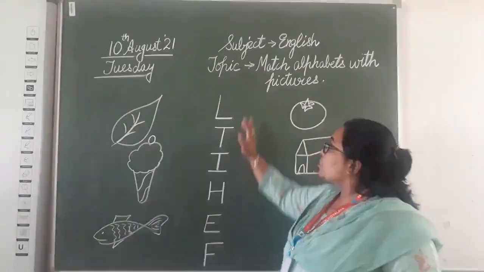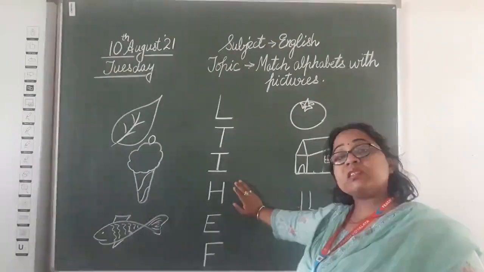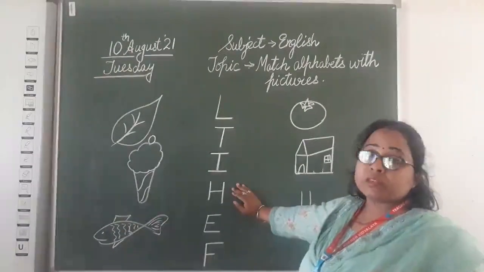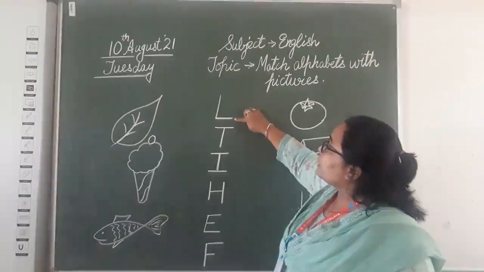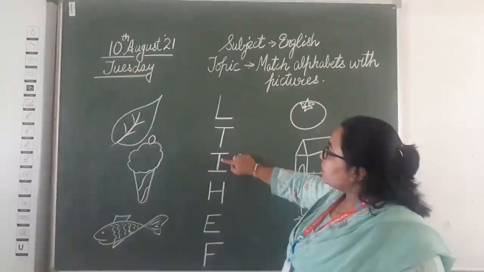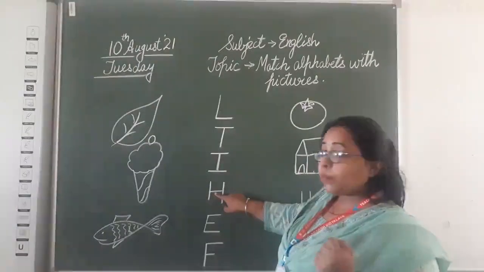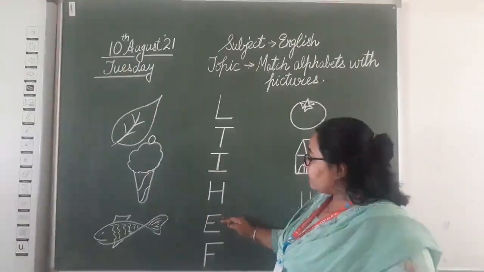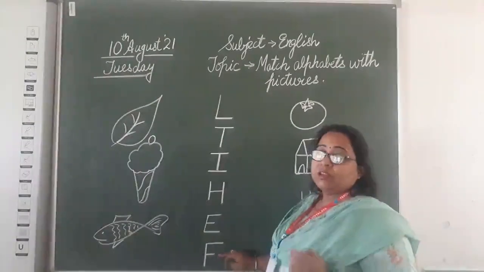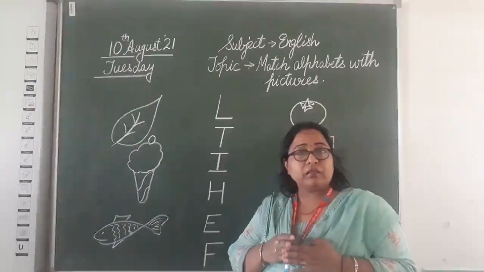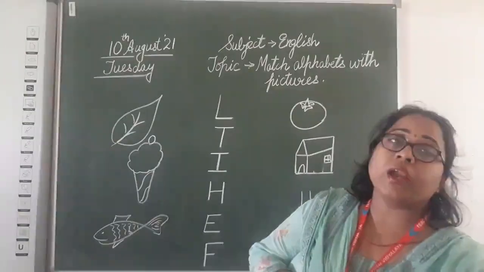So we have learned all these alphabets, and when we have to write these alphabets, we use sleeping or standing lines, isn't it? Standing and sleeping line, standing and two sleeping lines, two standing and one sleeping line, one standing and three sleeping lines, one standing and two sleeping lines. So these all alphabets are standing sleeping line alphabets. Clear? Now what work we are going to do?